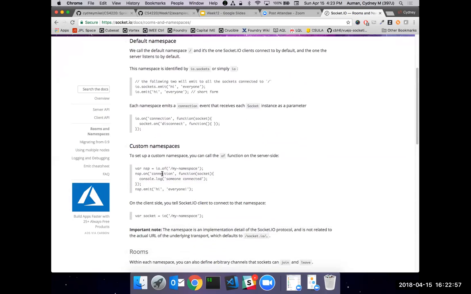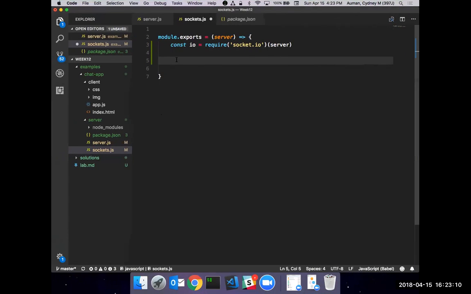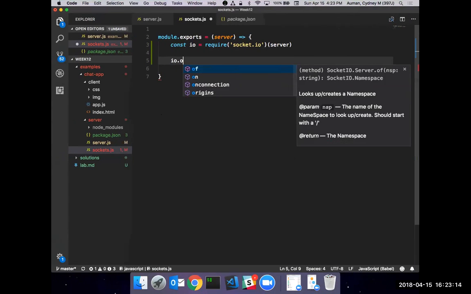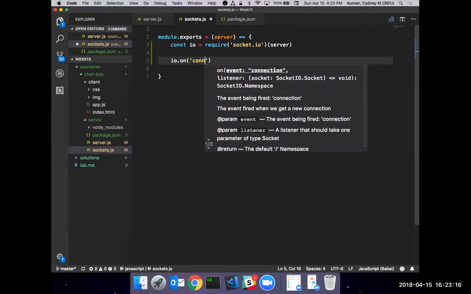And so one of the events is this connection. When socket.io receives a connection, in this case from our Vue client, it throws an event called connection. And so that's what we're going to be using here. So you have io, then on, and then connection.